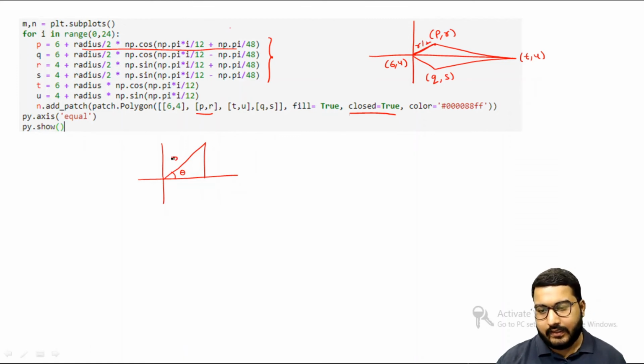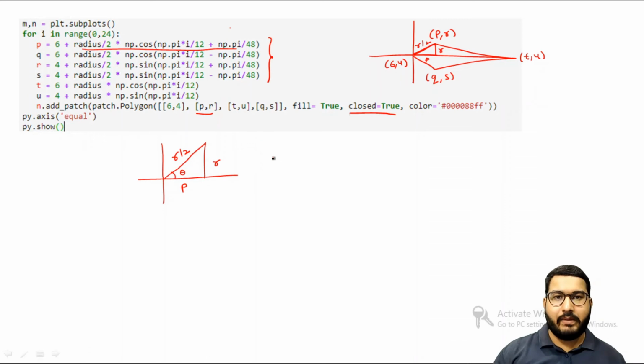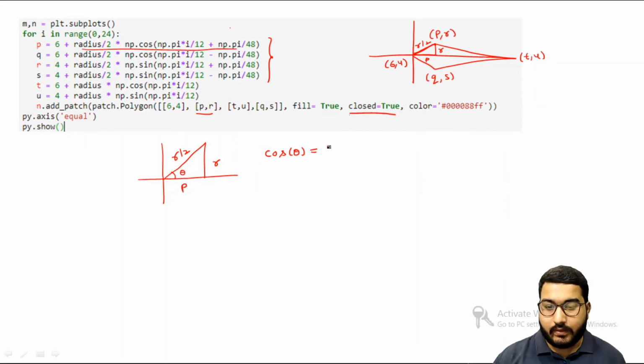So I can write over here, this is r divided by 2. Now this is my x-axis. So over here this is my p, and this is your r. So this is p, this is r. Now if you refer to your basic trigonometry, your cos theta will be equal to your p divided by r by 2.